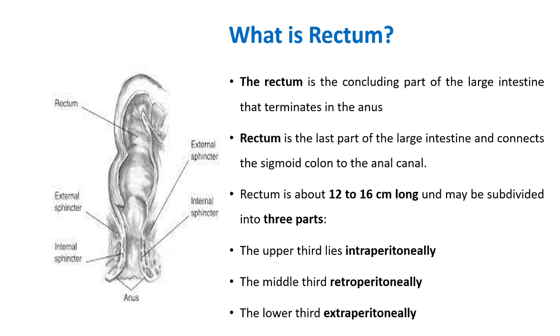such as intraperitoneal, retroperitoneal, and extraperitoneal. It is a sac-like structure. Generally, it is used for temporary deposition of fecal matter for elimination through the anus. So, rectum is the most important part of the alimentary canal. It is mostly used for temporary deposition of fecal matter.